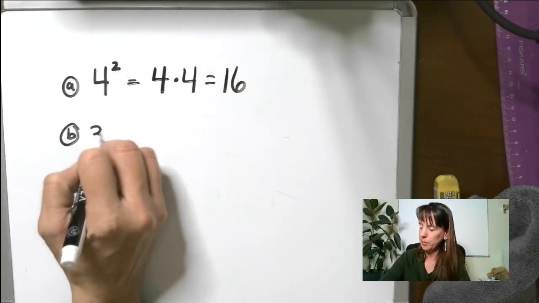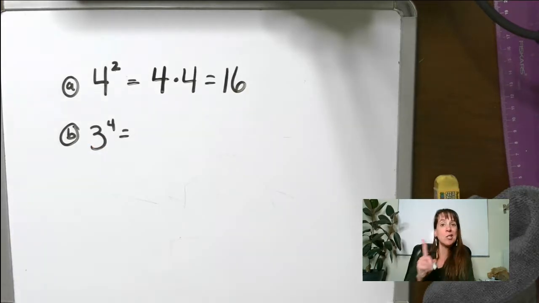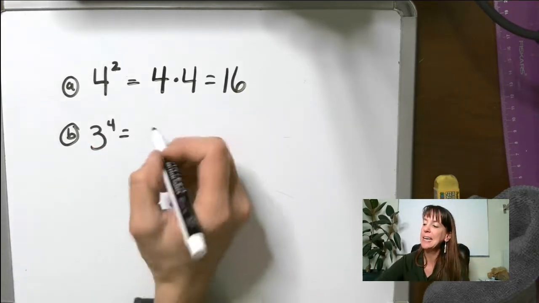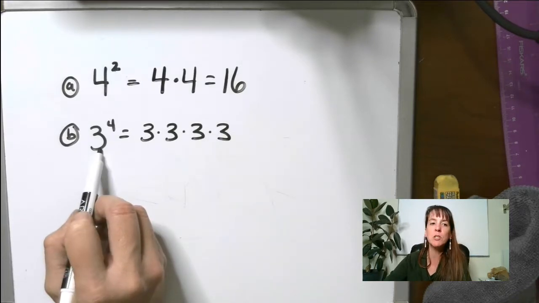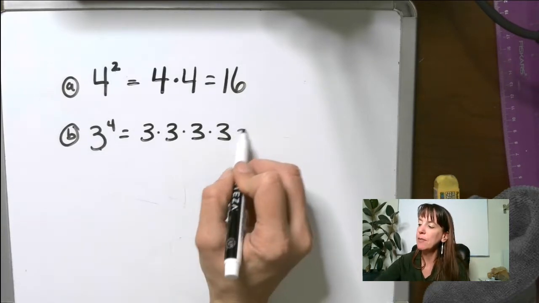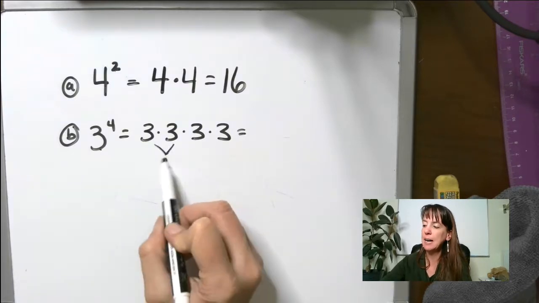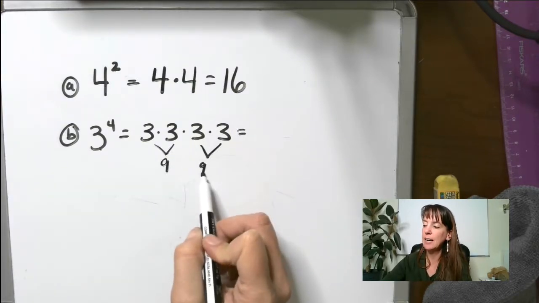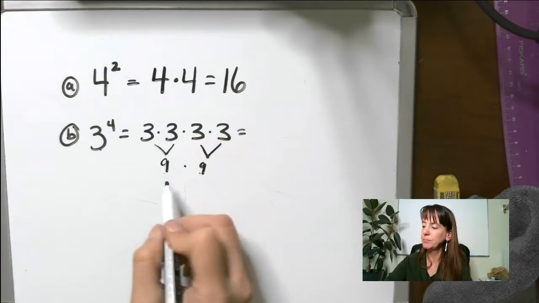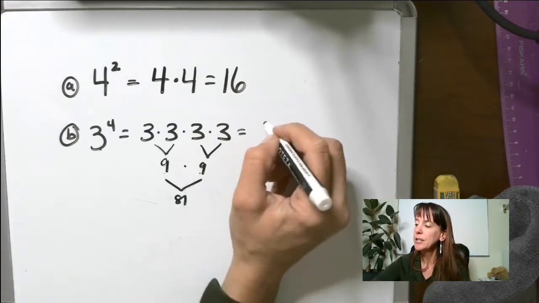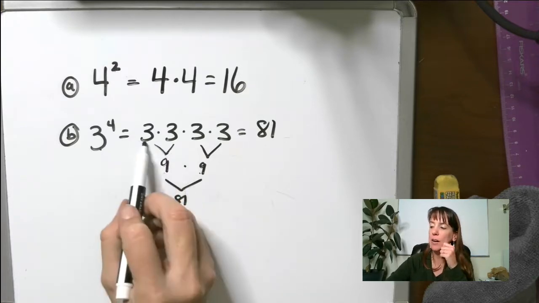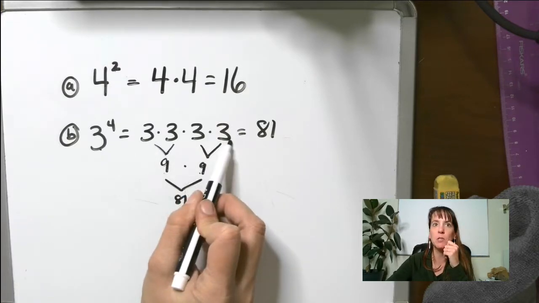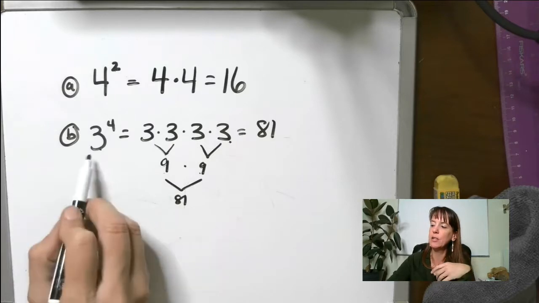B, we have 3 to the 4th power. Guys, this is not 12. That is a very common mistake that I see. It really is 3 times 3 times 3 times 3. It is 3 multiplied 4 times. If we do this, 3 times 3 is 9, 3 times 3 is 9, 9 times 9 is 81. So 3 to the 4th power would be 81. This is how you would write it out for the multiplication way,